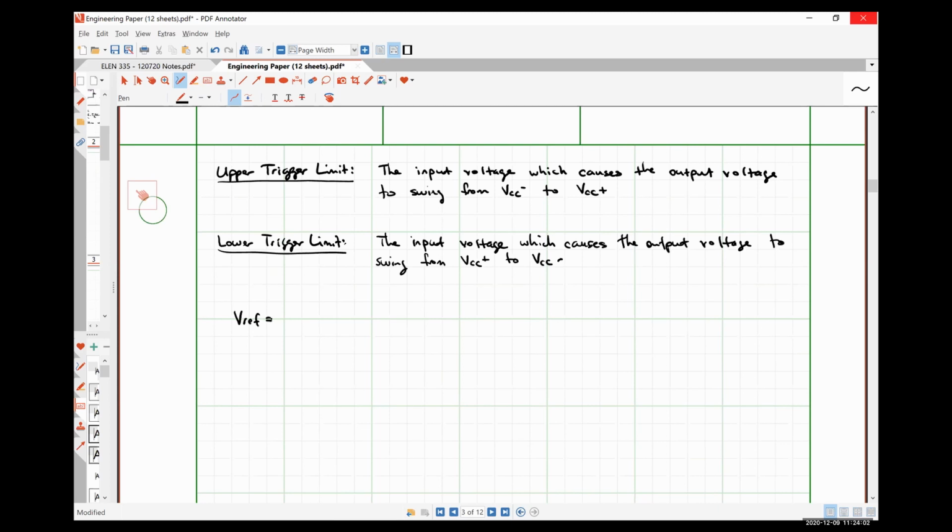V reference is equal to R2 divided by R1 plus R2 times Vin plus R1 over R1 plus R2 times V out. This is just the exact same equation we had a minute ago, but I'm on a new page and we're going to be looking at it a lot, so I decided to rewrite it. Okay, so if we want to find the upper trigger limit,